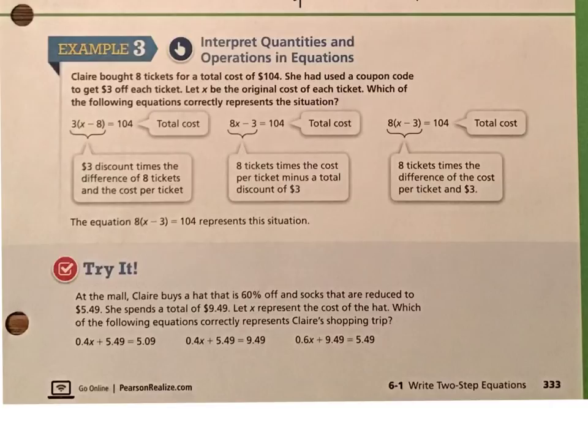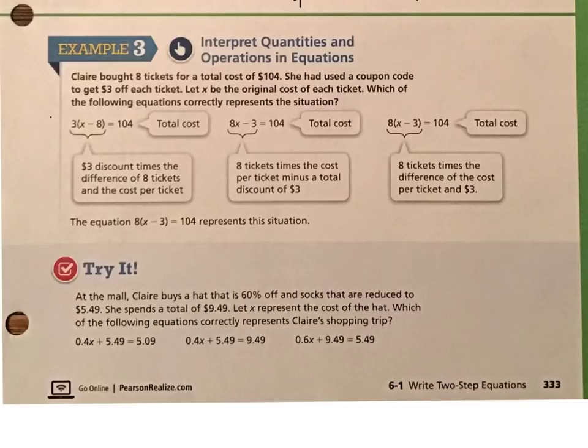Well, the first instinct is to do 8 tickets for a total cost of $104. So 8 times the cost of a ticket would be 104. The coupon code that she used was to get $3 off the cost of each ticket. So in other words, if I call X the cost of a ticket, I need to take away $3 from each of those before I multiply by 8, and then my answer should be $104 for the total cost of